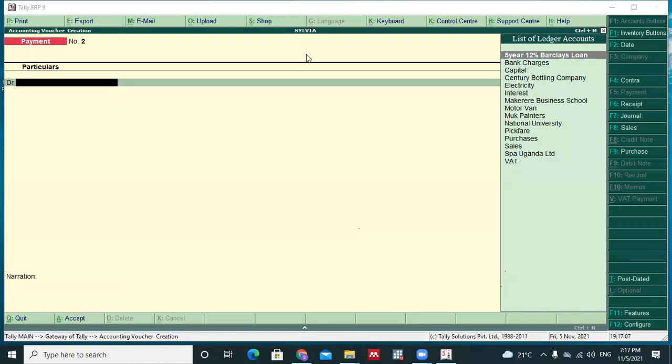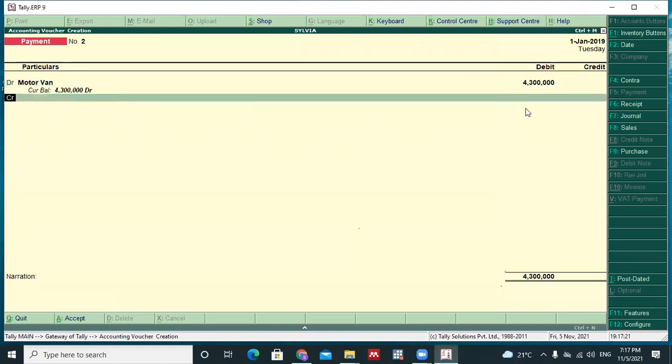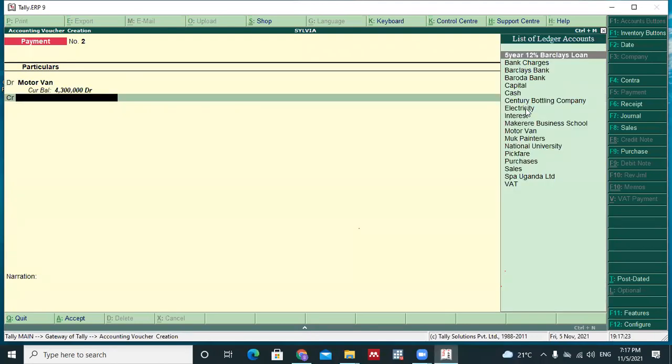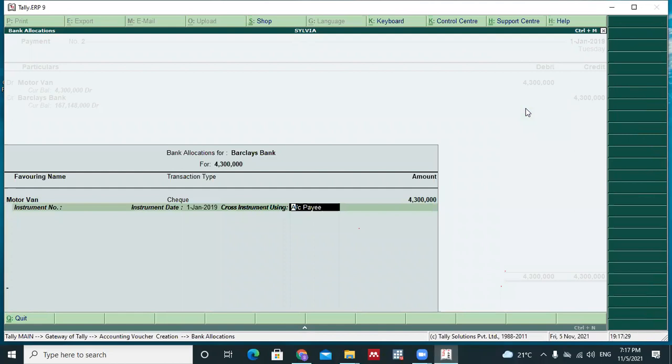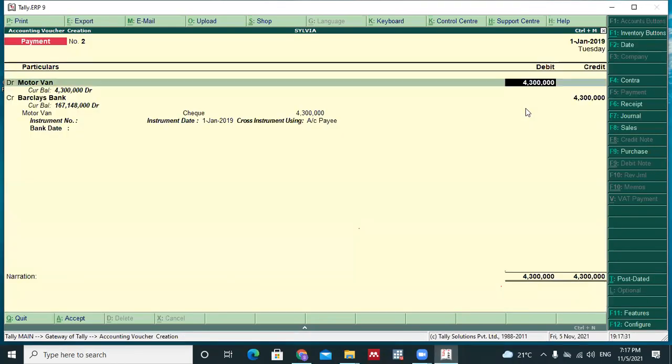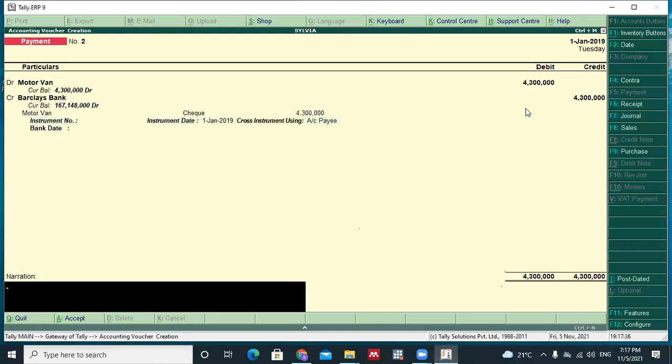So can you go ahead and pass that entry by debiting motor van with how much? 4.3. And then crediting Barclays. You have to put a narration, being purchase of